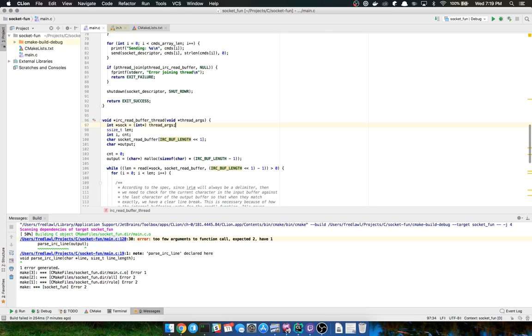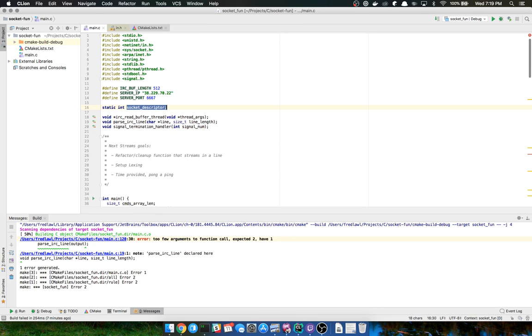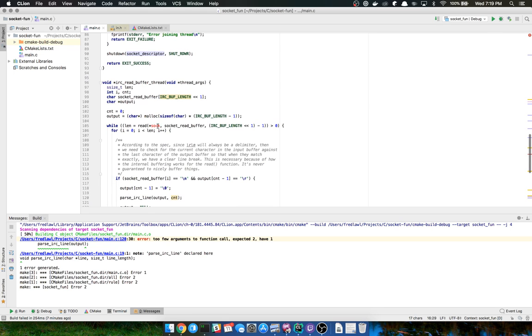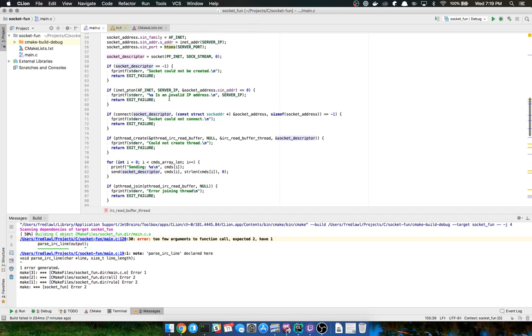But the crazy thing is, currently I'm passing in the socket through the event args right here, or through the thread args. But really, I define this as a global variable. So honestly, I could just get rid of that, and then I can just go ahead and get the socket descriptor and mosey on down over here. Pass that in, and we're going to pass in null where the thread is actually created. So right here I have a reference to that socket descriptor. Instead, we're going to pass in a null pointer.